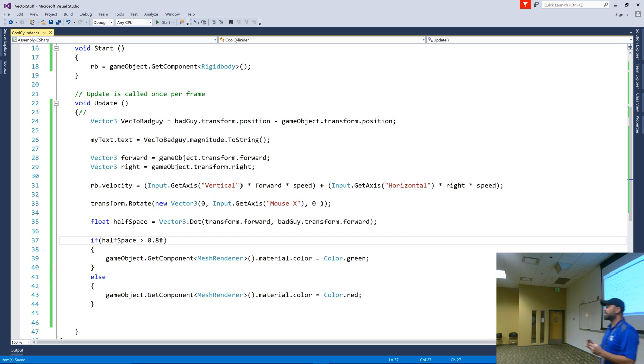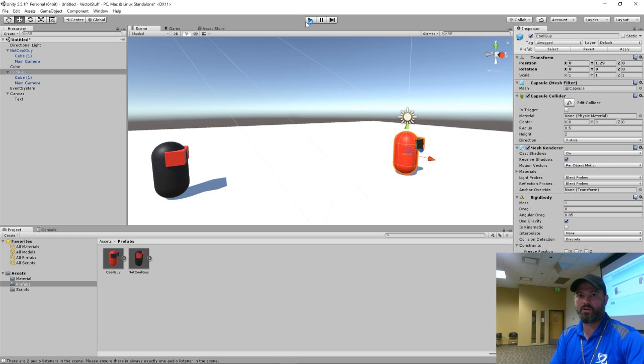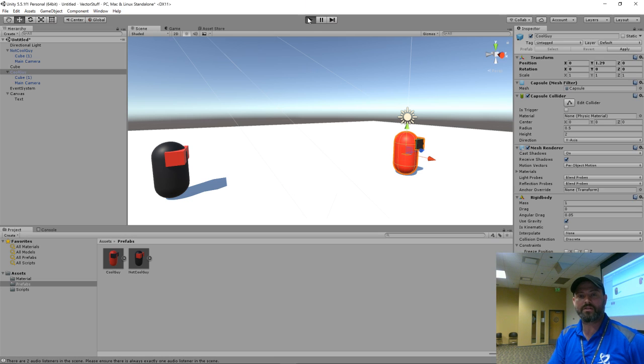So you also see that this becomes useful for cone of vision stuff. If I wanted to do a cone of vision and tighten down a cone of vision to see if something was in that space, this is the exact code I would do. So the terms we use and things you think about for game mechanics use this so much that you better become friends with it. I guarantee Dishonored uses the dot product.